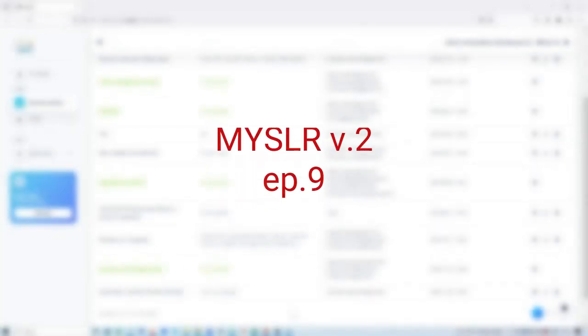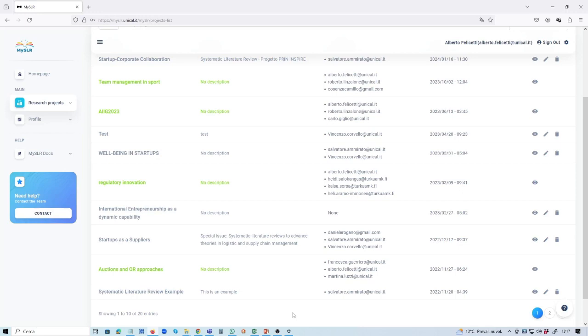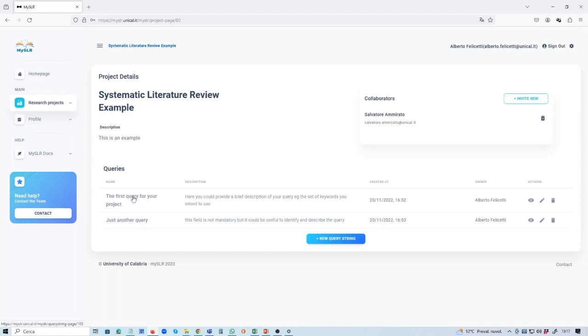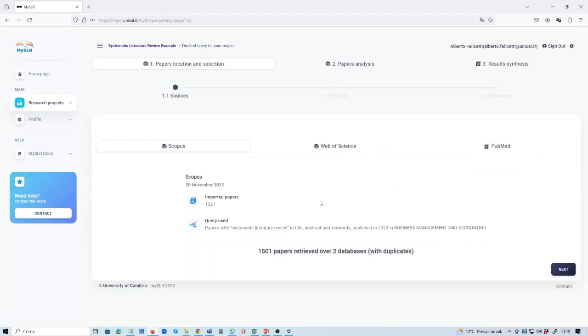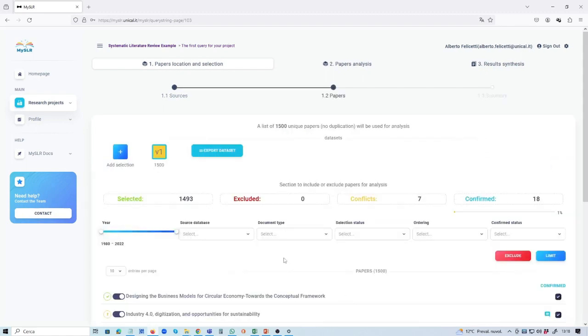When all collaborators of a research project finish their work, you, as the process owner, can go on the research, which at this moment is gray, not green, because you are the owner. Go on the research, the query that you are working in,